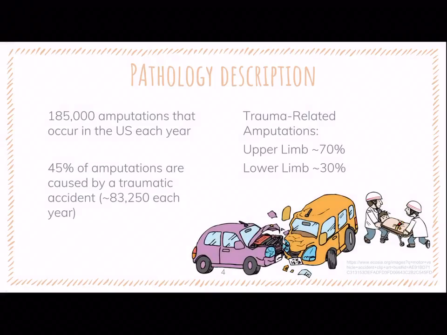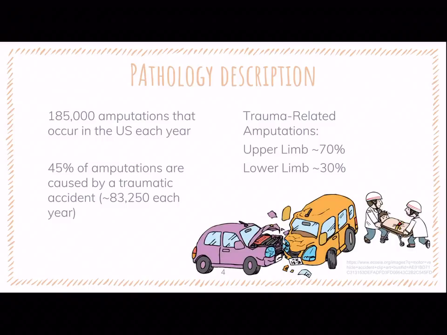Quickly about this pathology, according to the Amputee Coalition, there are about 185,000 amputations that happen each year in the U.S., and out of that number, 45% of them are caused by a traumatic event. For example, a car collision, or an accident with machinery at work, or an accident at home with a lawnmower, or an electrical accident. And this accounts for about